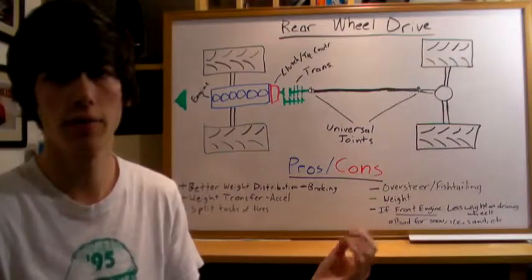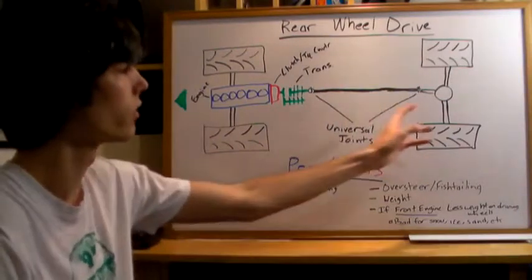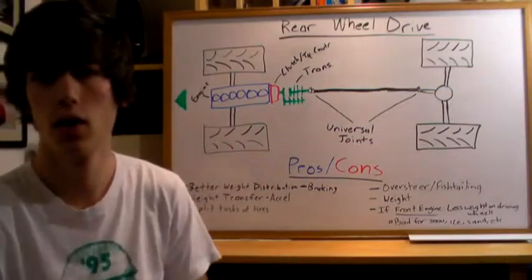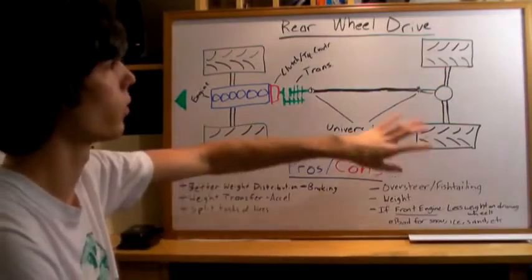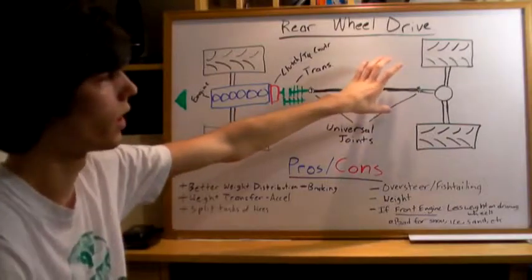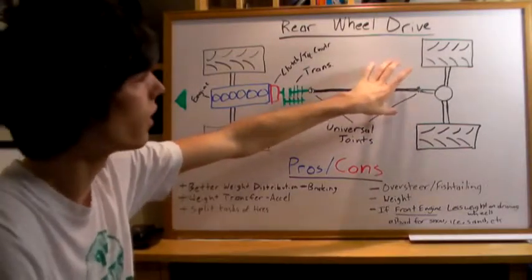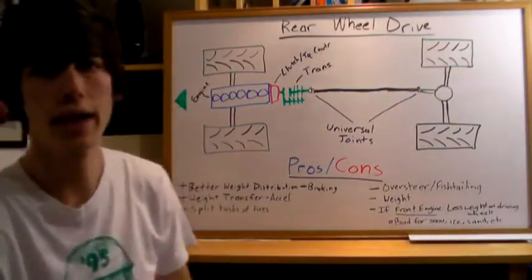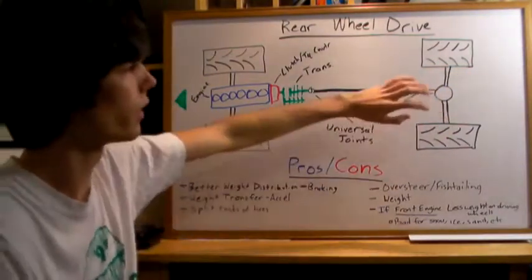First of all, you're going to have more components going to the back. You're going to have this drive shaft, a differential back there, and that's going to add weight to the back. Also, with a lot of rear wheel drive cars, you'll have the engine either in the mid, in front of the rear axle, or in the back behind the rear axle, and so that'll keep weight very good in the back.